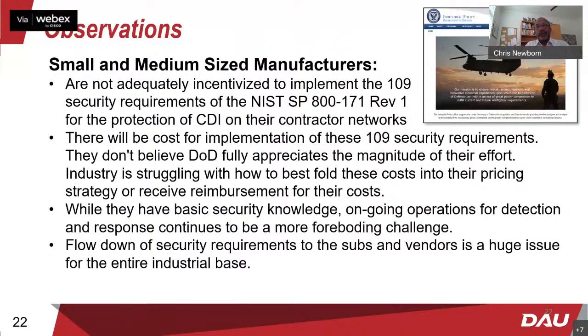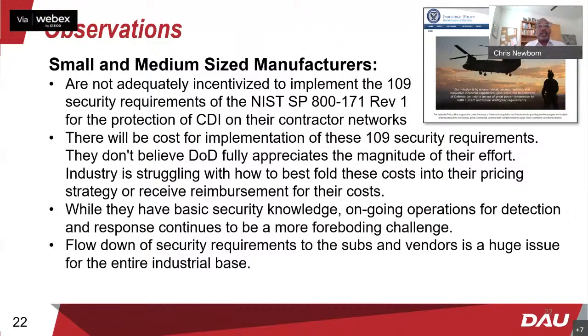So after, myself and a colleague, Dr. Paul Shaw, have done so many workshops, as well as interviewed and talked to probably over 400 vendors and manufacturers. This is what we observe, and I think it is key for you to understand and start prioritizing, based upon what Bob said about ransomware and all the other pending issues in regards to trying to safeguard the information.